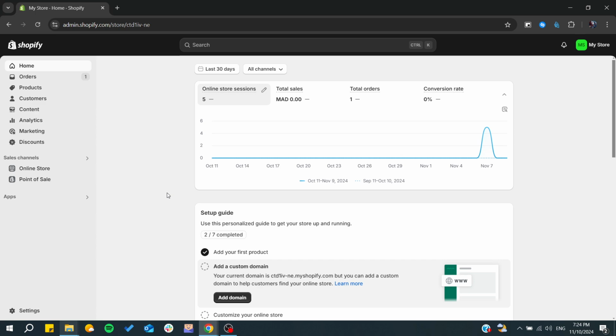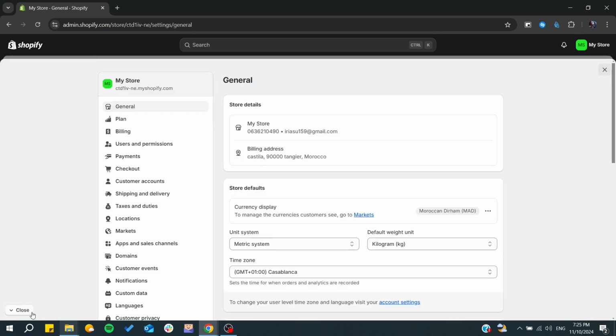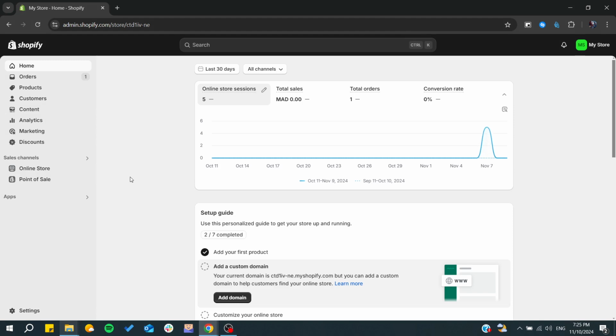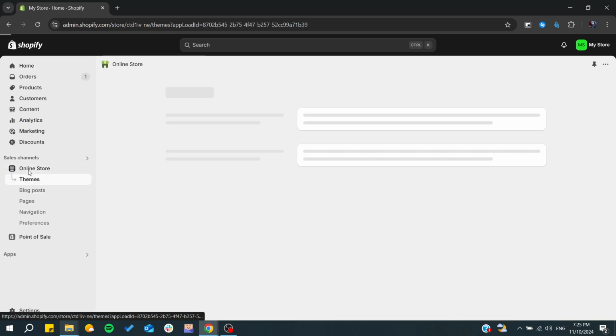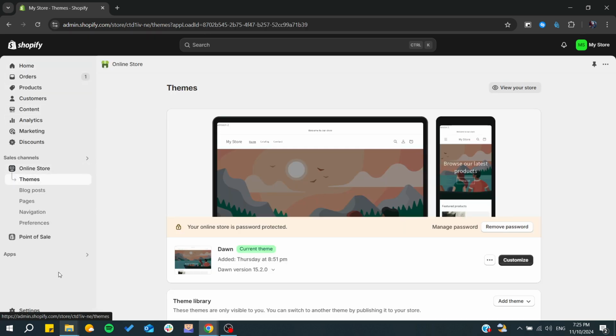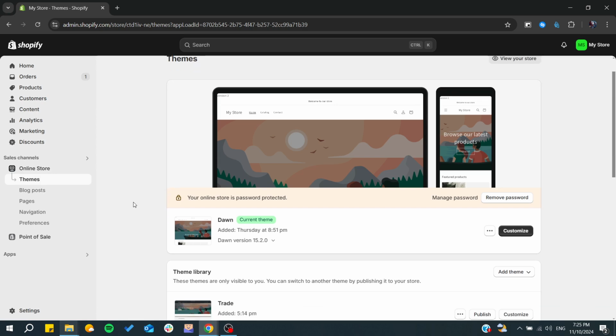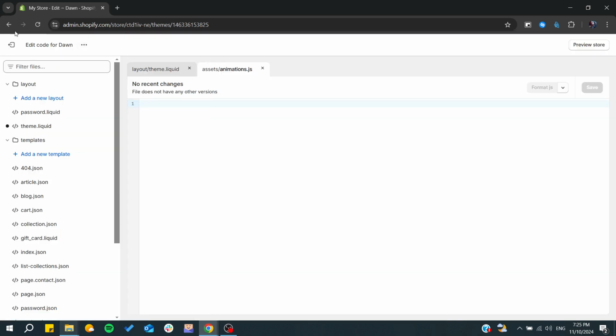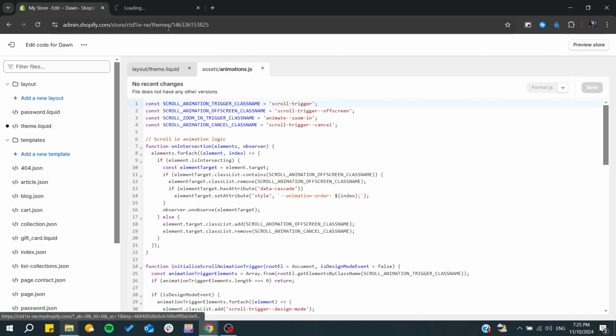So first, we need to clarify some things. For this specific problem, you will need a little bit of development skills. Basically, first we will need to go to your theme and start editing the code of your theme. For that, we can go to the online store by clicking here on the side menu. After that, you will need to click on code. So we can click on edit code, and we can also click on preview store so we can see some